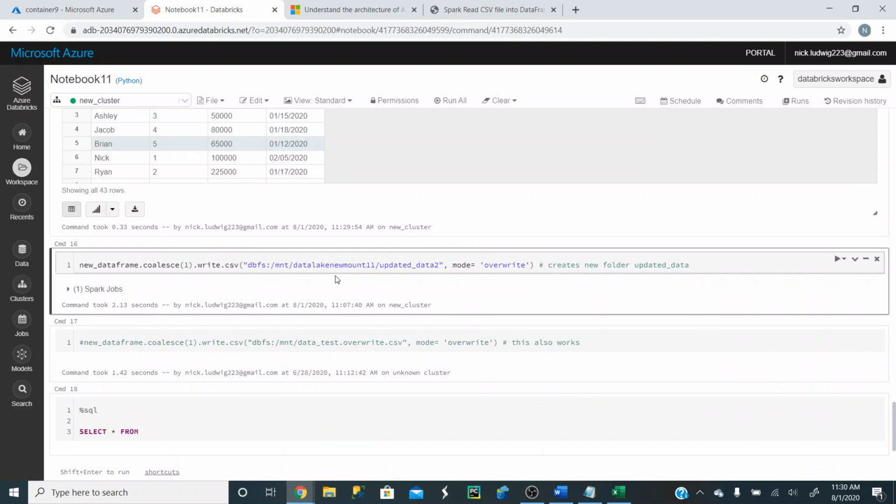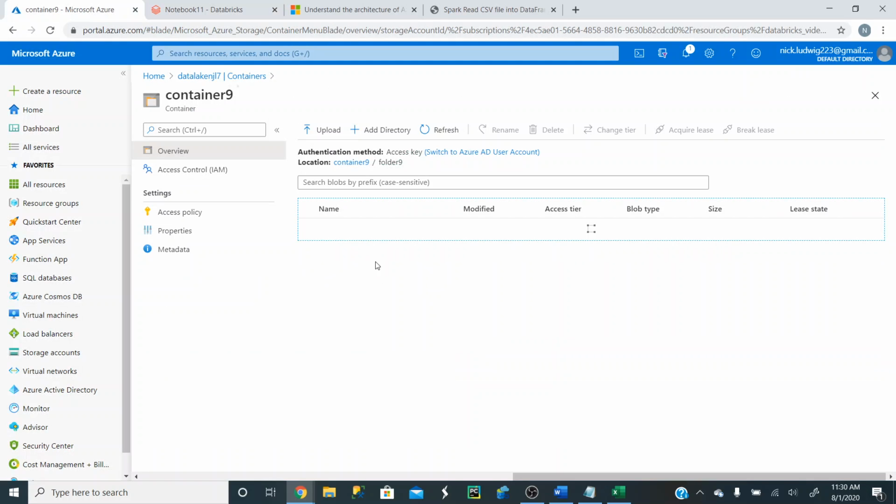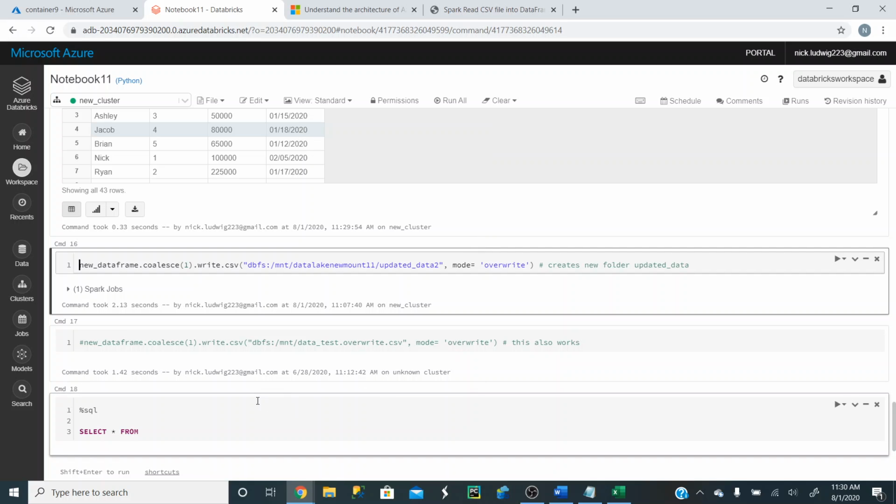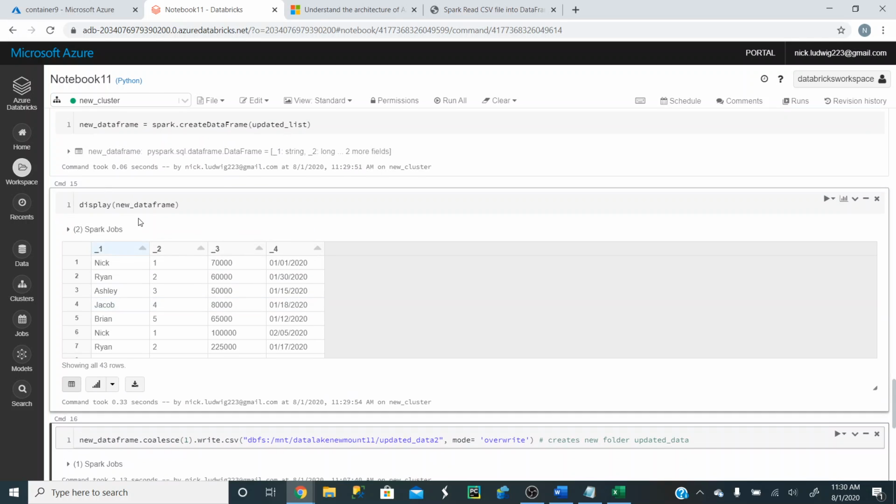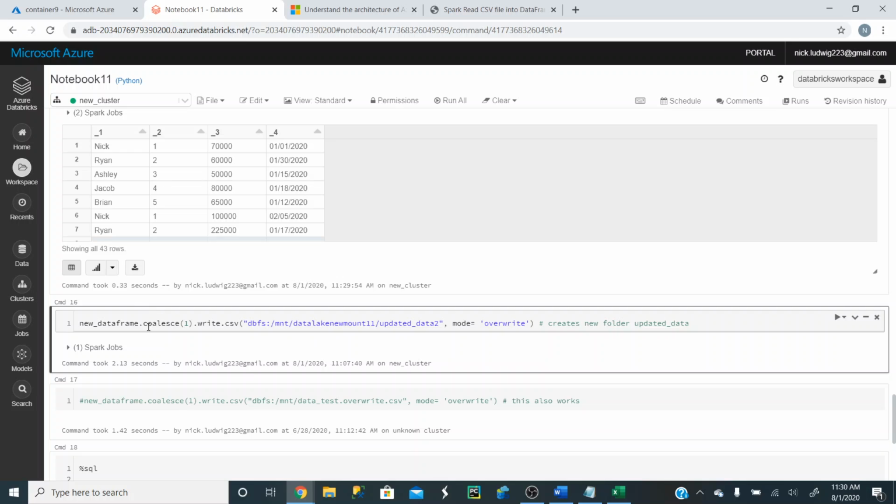Okay, now, how do we write it back into a data lake storage folder, right? So we have our container, we have our folder here. How do we send this back? So what we can do is use this, again, data frame, the object that we created, and then this coalesce, and this is 1. And I'll show you what this is, it's very, very important what this means. Now, I'll show you what this does without it. So if we get rid of this, okay,